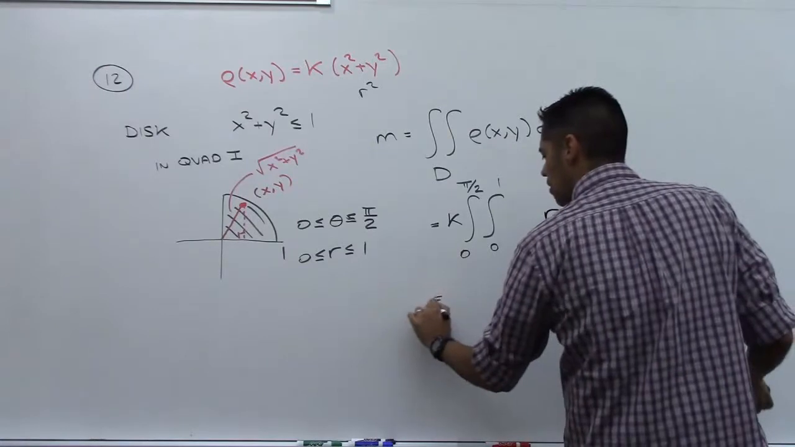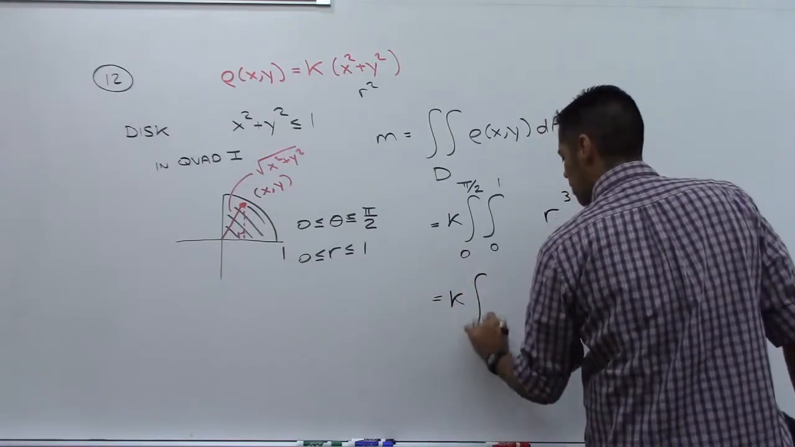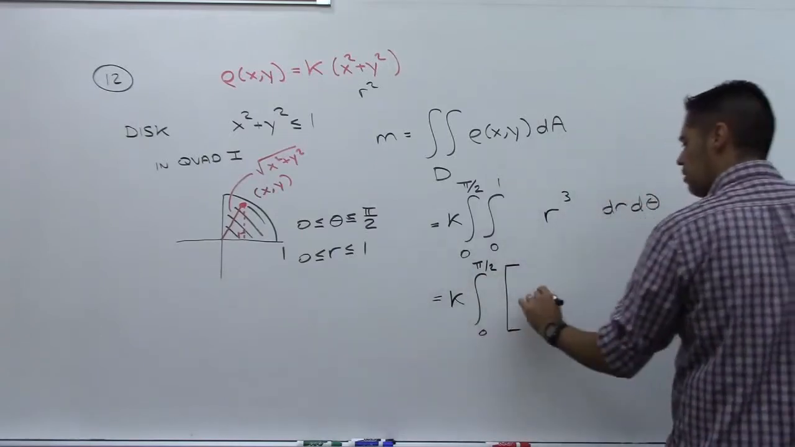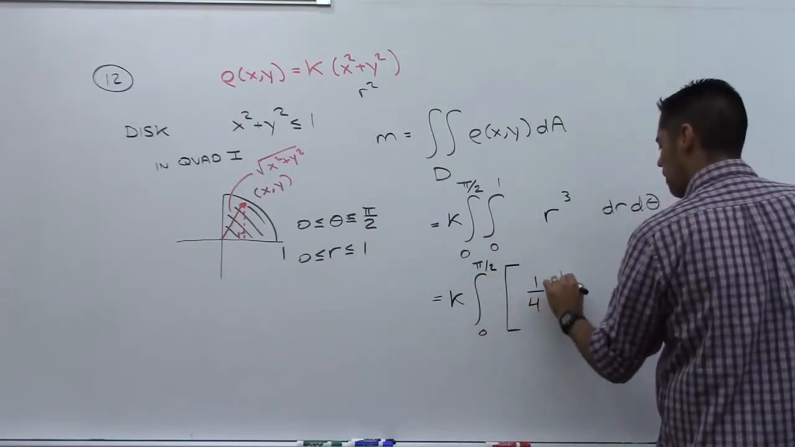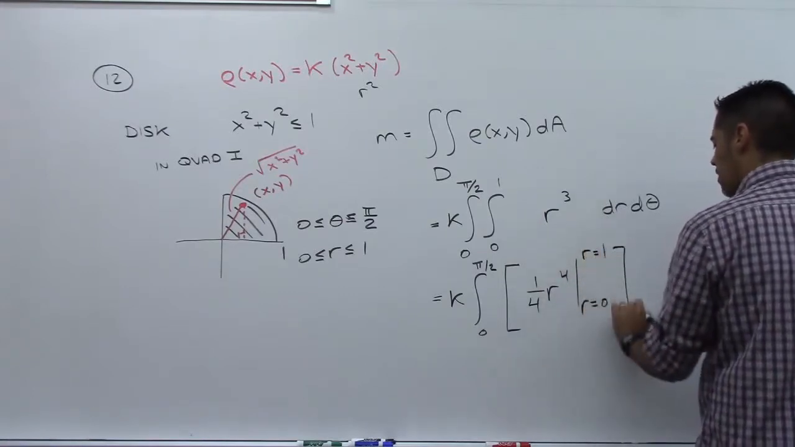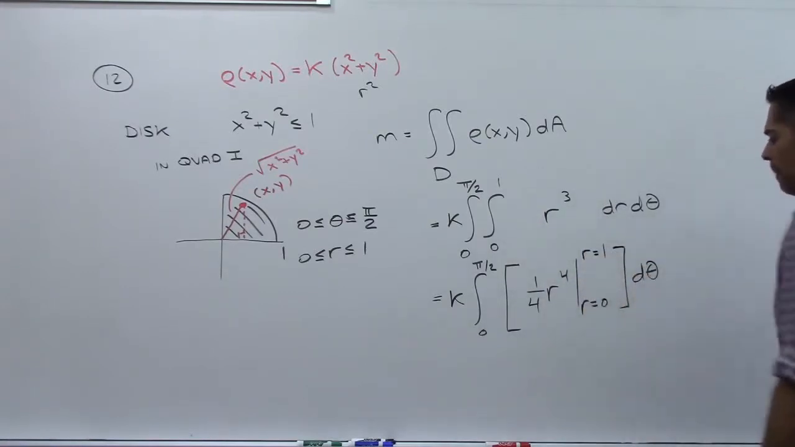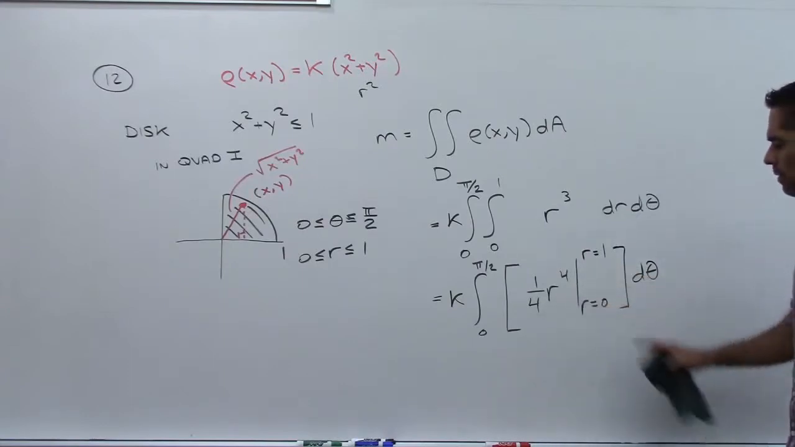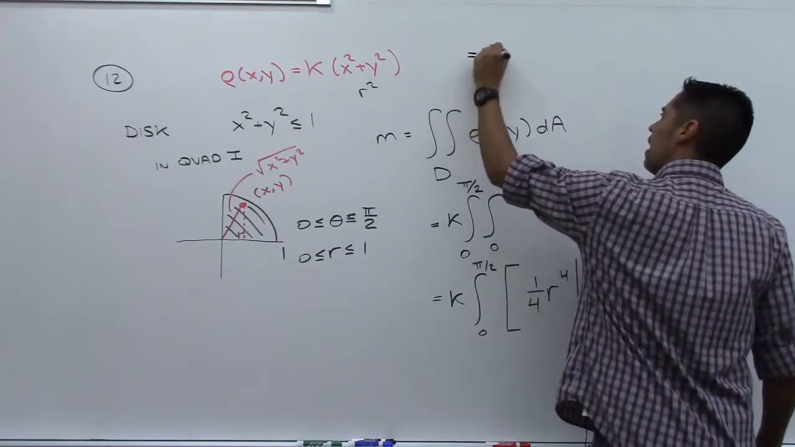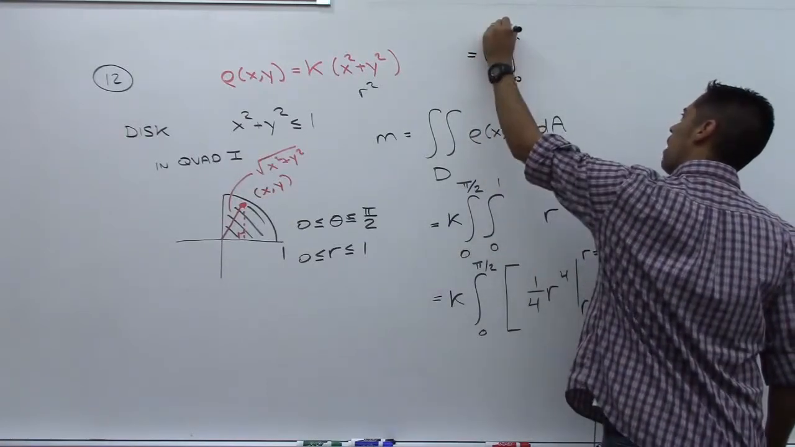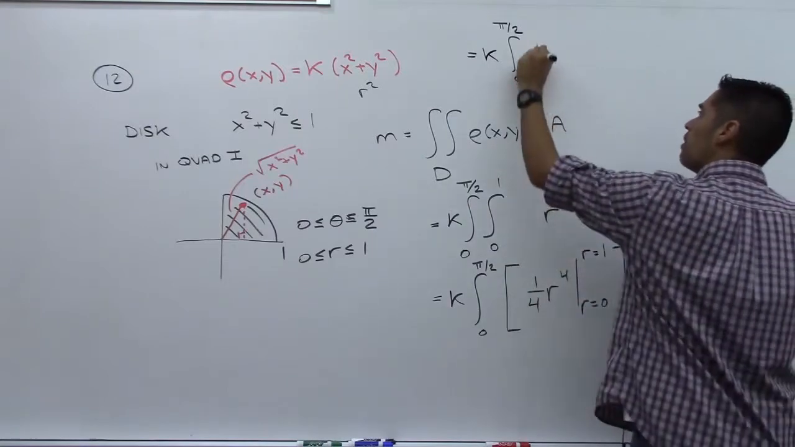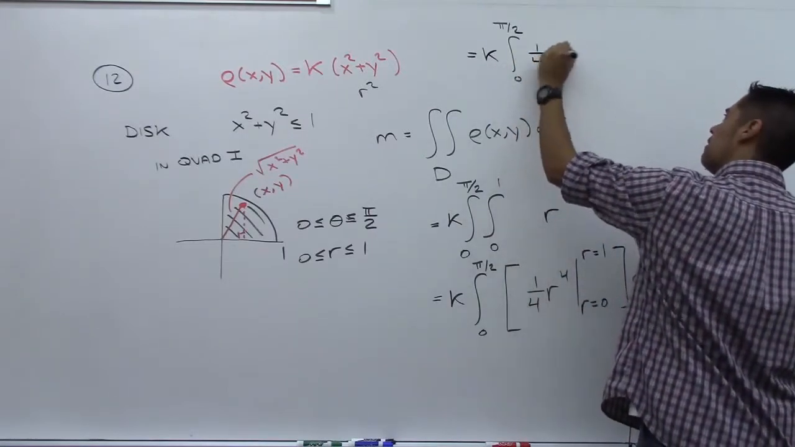So I'm going to go ahead and start integrating. 0 to pi over 2. The antiderivative of r cubed is 1/4 r to the 4th. Evaluate from r equals 0 to 1. And then I'll integrate with respect to theta. So if I plug in 1, I get 1/4. If I plug in 0, I get 0. So this is going to become k times the integral from 0 to pi over 2 of 1/4 d theta,